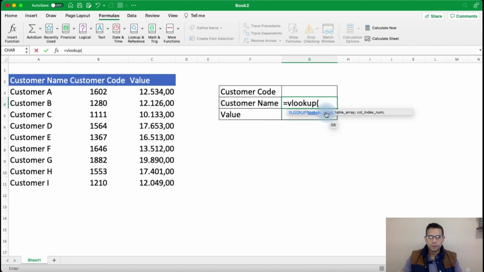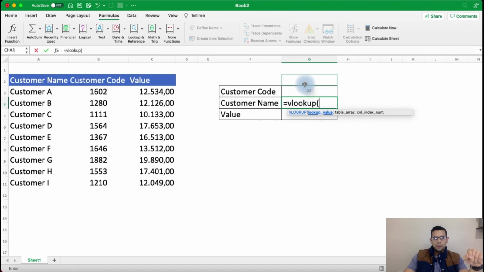So let's go to the first argument, lookup value, all right? Lookup value is the value we are going to look up in the table we are working with, all right? Here we got the table, and we have to say what is the value we are going to look for here. This is the table, and we have to say to the function what is the value we are going to look up here. All right,